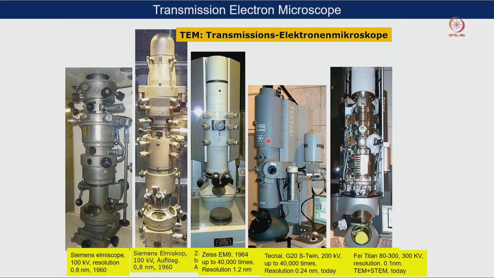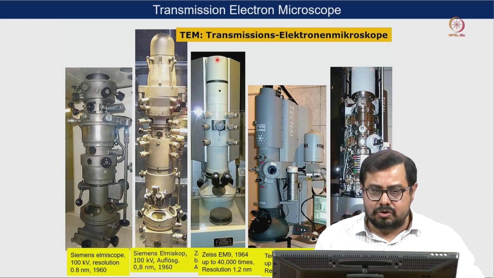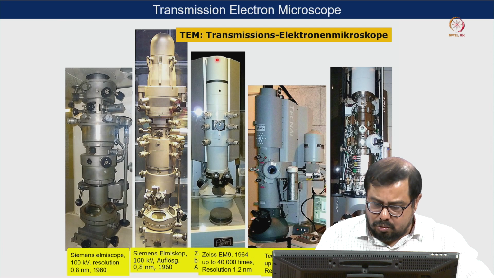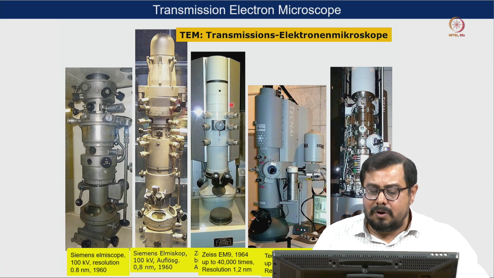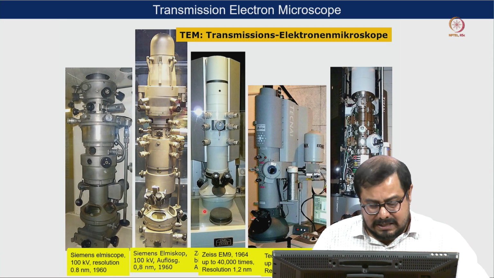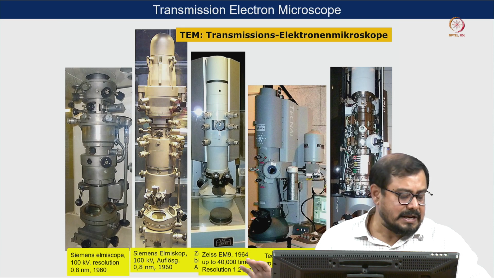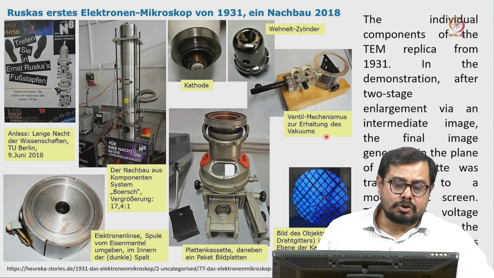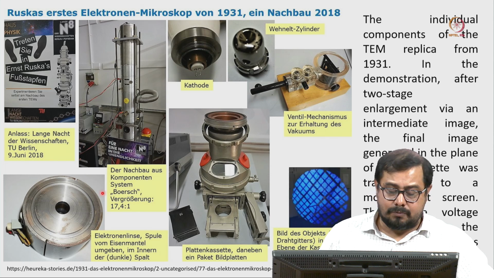And in this column, you can see this is the viewing chamber. The overall architecture, as I mentioned, is the same. The high tension or accelerating stack is here, and the electron gun will be at the top, where the electron gun is the main electron source and electrons come through it. Here the multiple lenses will be, and this is the viewing chamber. For all the cases you can see the overall architecture is the same. So those are the internal parts of those microscopes.